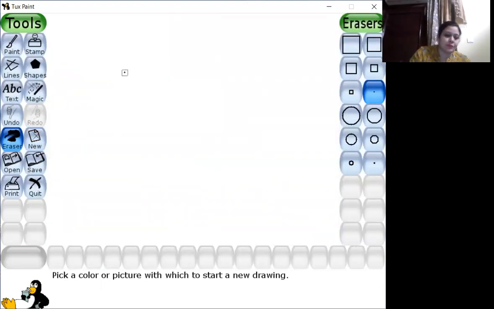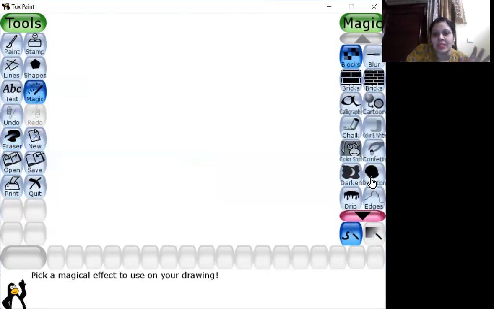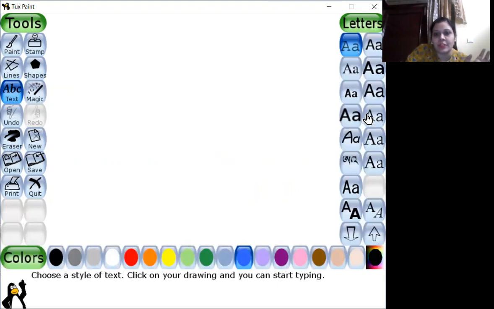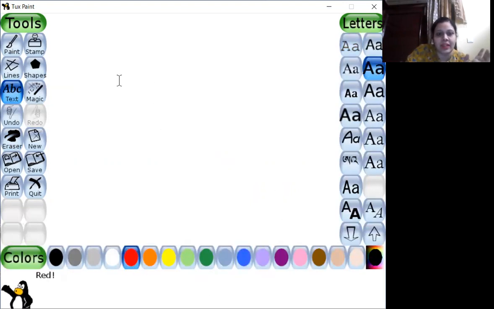The next option after new we have is the drip magic. Now what is the use of drip magic? You must have seen in some horror movies, or to give some different effect to the text, there are some droplets on the text also. So that is basically a drip effect, a water droplet type of effect comes. Now we'll go to text first, and I'm going to write something. Let's take red color again, and I'm going to write here in caps. Let's write it all in caps.